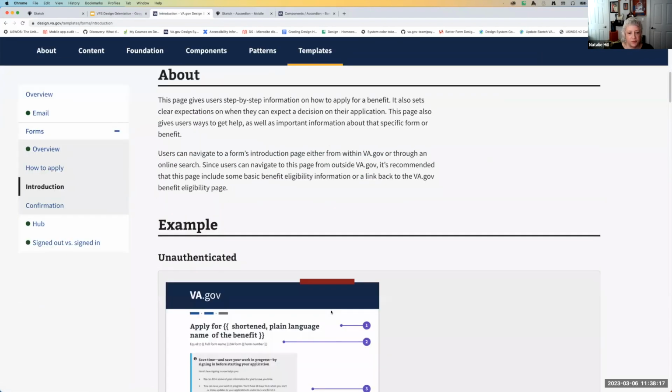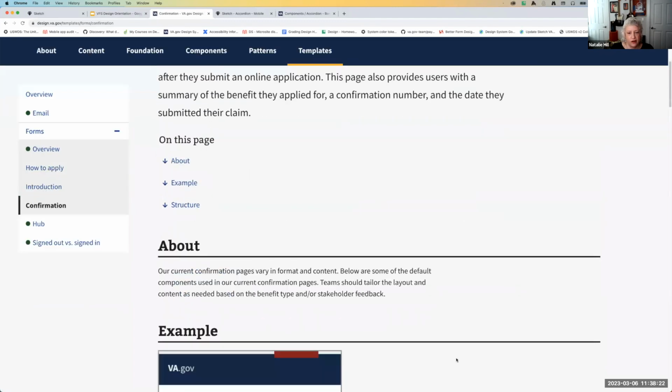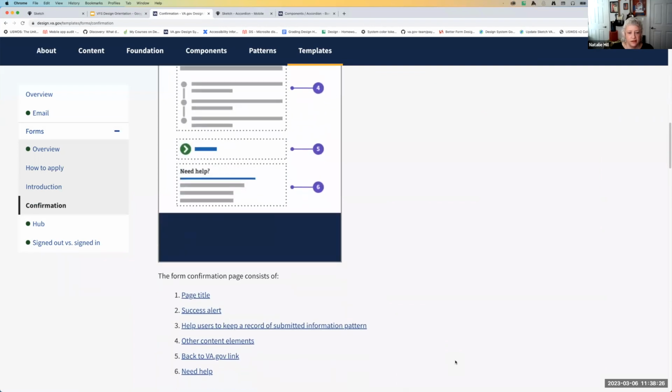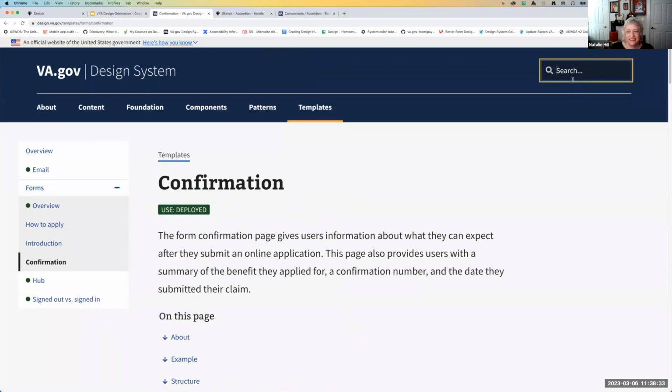And here's the introduction page. And there's also confirmation. We're working on a review page example as well. So yeah, I know that's a lot, but there's a lot of good stuff here. And there's also a search box. So if you want to search rather than browse, you can do that on